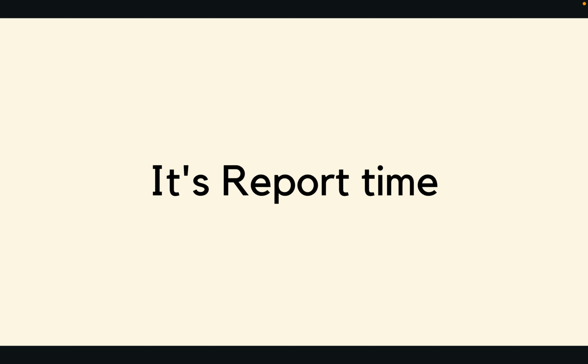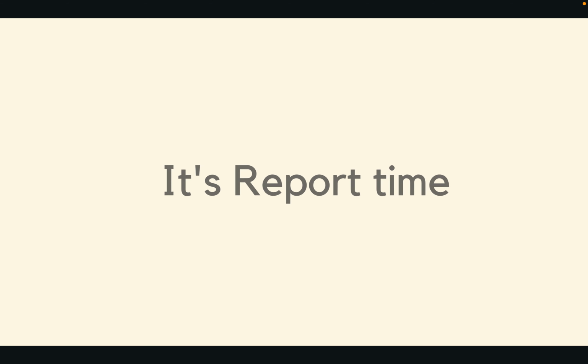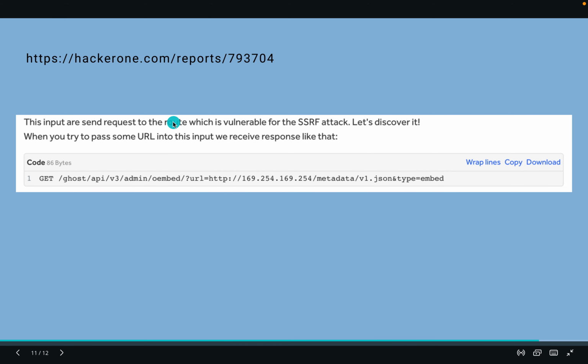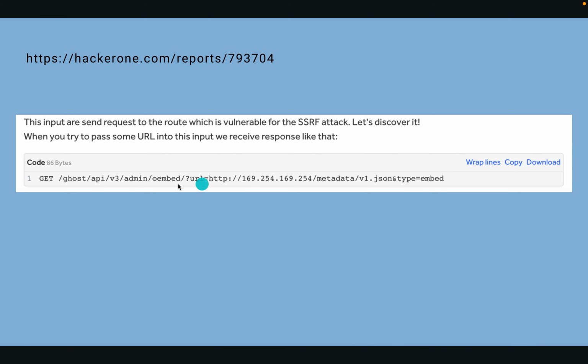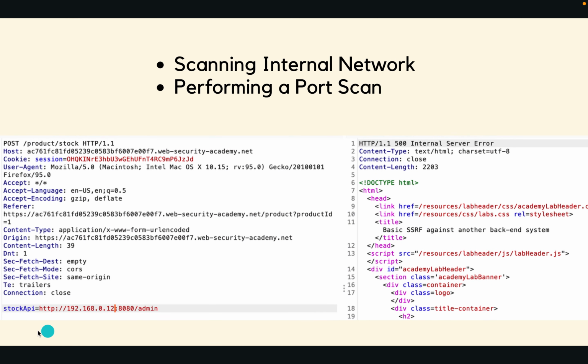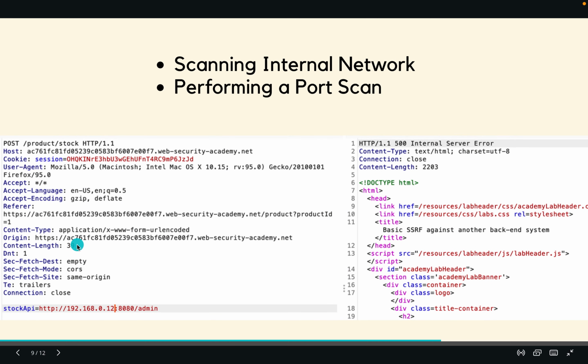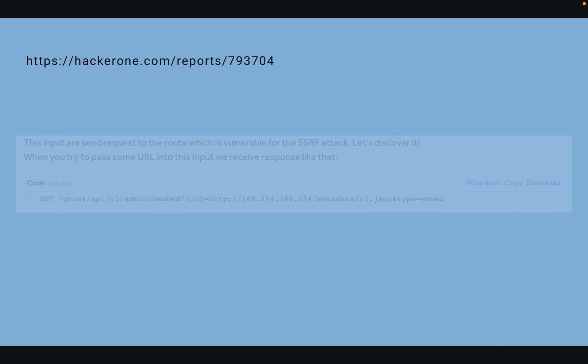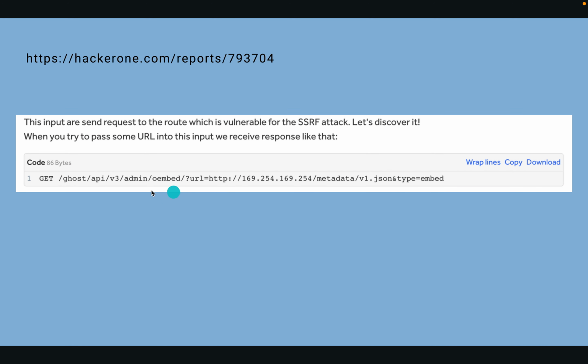So now it's enough. Let's study the real world reports. This is an example from a report that I have taken from HackerOne, and as you can see from this example, server-side request forgery was performed with the help of a POST request, but here it can be performed with the help of a GET request. If the user typed in the URL of any website in the URL parameter, he can have access to it. So this is a way of pointing your server to someone else's server. He could also scan the internal network with the help of this same approach.